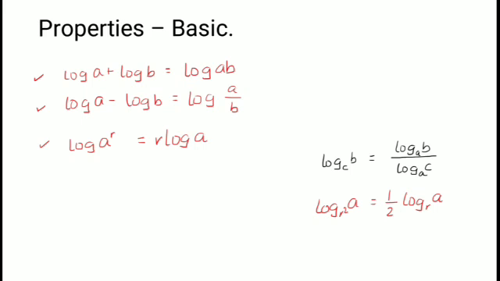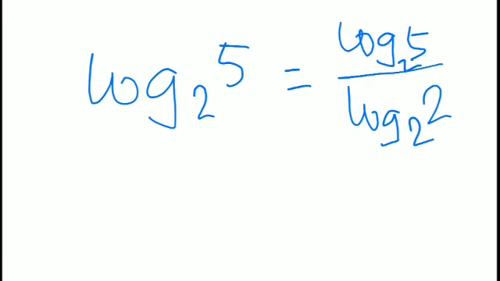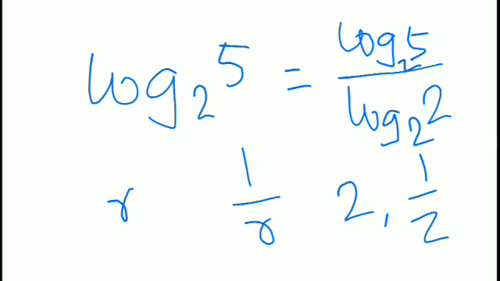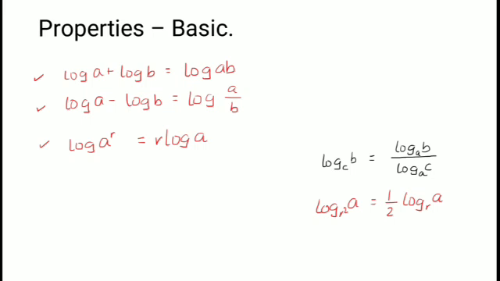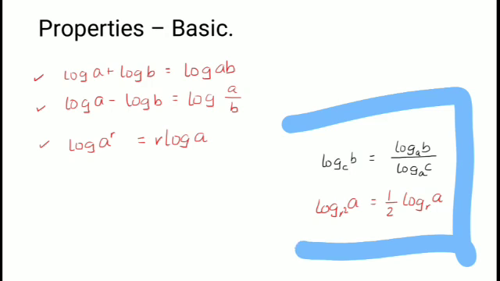And the second property is what happens if there is a power on the base. For example, you have r squared over here as the base, then you can actually bring that power to the front, but it will be a reciprocal. Now what is a reciprocal? Reciprocal of r is basically 1 by r. Reciprocal of 2 is basically 1 by 2, the inverse of it. Now the same thing, the power comes to the front, so it becomes half log a base r. These two are also pretty important to be kept in mind.